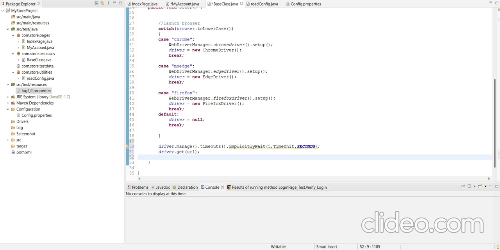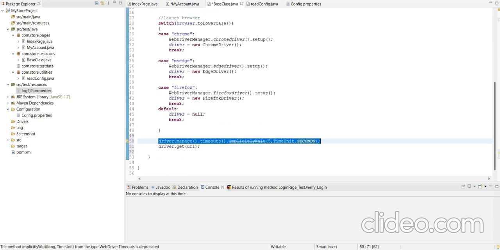Also, you know what is implicit wait. Implicit wait tells the WebDriver to wait for a particular time that we have specified before throwing the exceptions. Also, we say that implicit wait is a global wait which can apply to all the elements of the web page. And we use it commonly, so we save this implicit wait in the setup function.